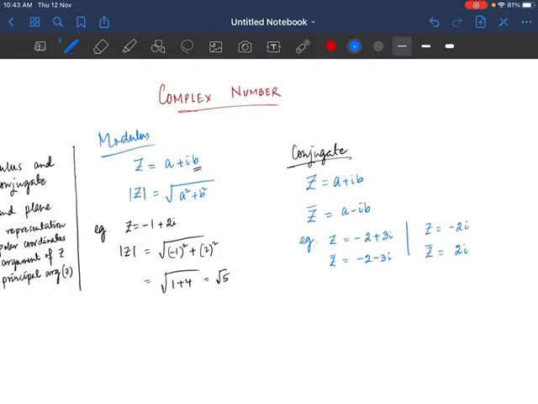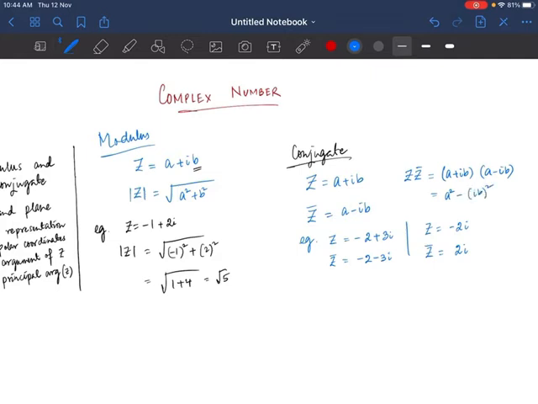Okay. Now there is one important thing. The important thing is that if I do z into z bar, so what happens? Suppose I am doing z into z bar. If you look at it carefully, we are getting a plus ib into a minus ib. So z is a plus ib and z bar is a minus ib. So z into z bar is this thing. Basically what you see is a plus ib into a minus ib. And when you look at that, we will just remember our algebraic formula, that is a square minus b square. So I write here a square minus ib whole square, this formula.